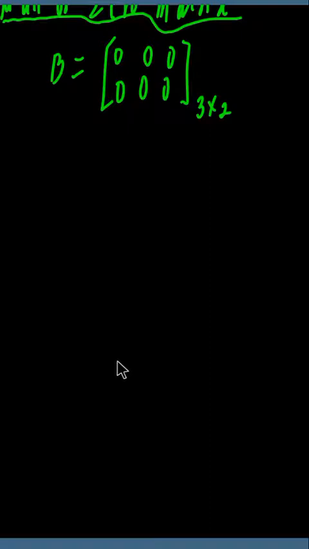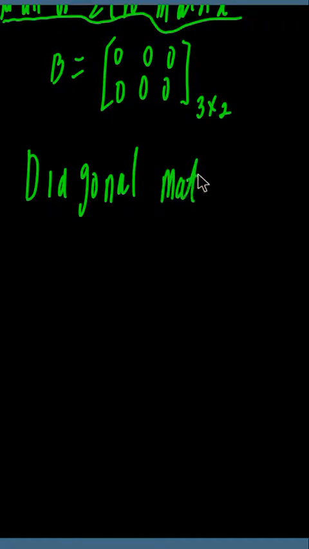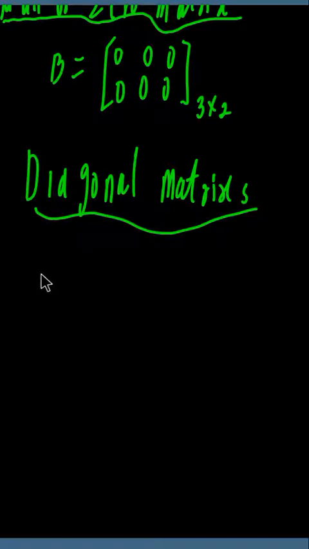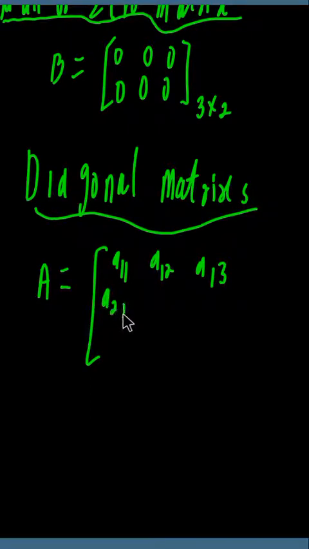The next one, let's look at what we call a diagonal matrix. This type of matrix has numbers in its main diagonal and zero elsewhere. Now let's assume this is the matrix A, equal to A11, A12, A13, A21, A22, A23, A31, A32,